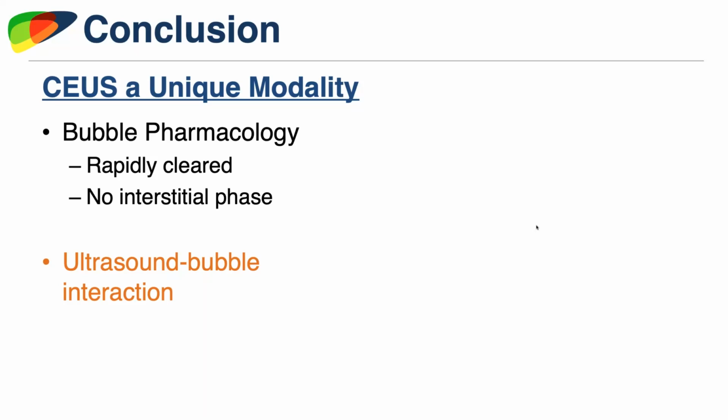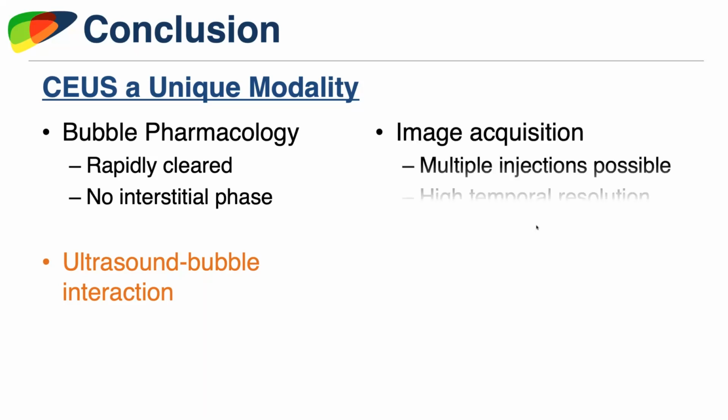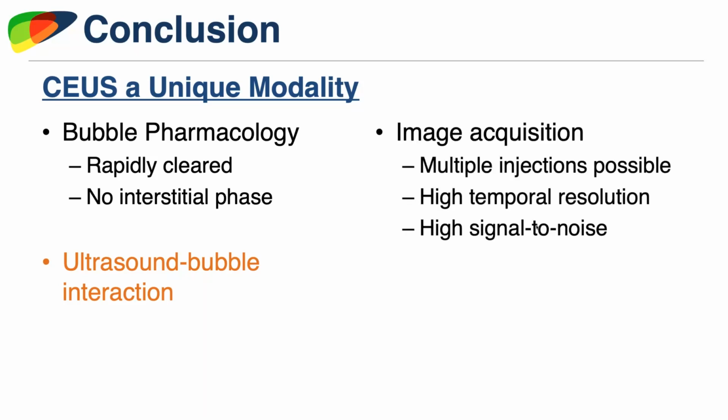Since there's this dynamic ultrasound-bubble interaction, we can play games. We can clear bubbles from the blood pool faster. We can do these real-time tissue subtraction images. We can do perfusion analysis, which is unique to this modality. Obviously, we're watching continuously, we can give multiple injections, and there's the high signal-to-noise ratio, so there's a lot of great benefits